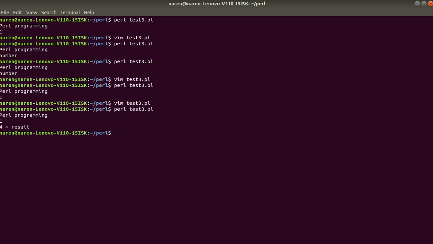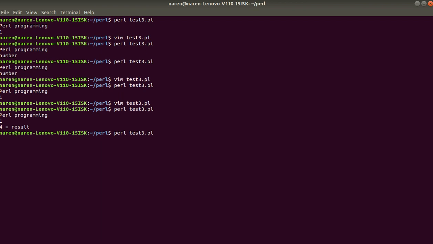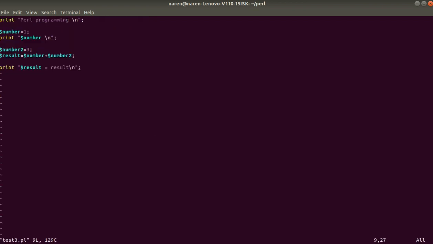Yeah, we are getting 4. You are able to see, I think, that we got the 4, and I have used the string "result" before it, so that's why it's printing result. So this is the addition operation in the Perl programming language.